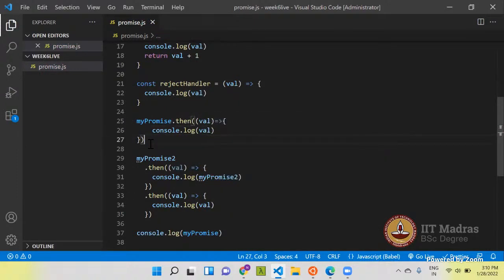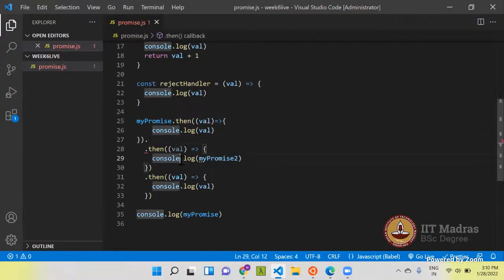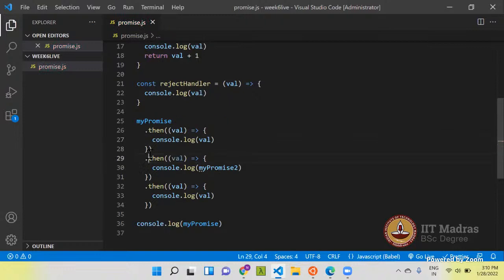I'm insisting too much on it because it's very important to understand how this promise chain works, in order to understand fetch and all those things.